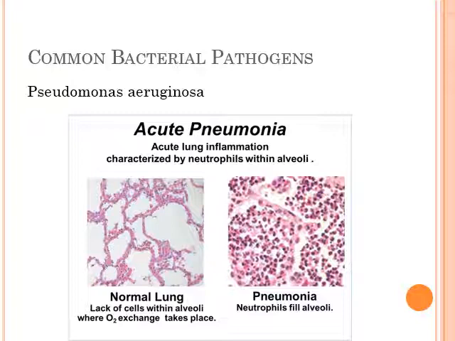Pseudomonas is actually what you would probably have had as a pneumonia. Pneumonia fills your lungs, but acute pneumonia leads to lung inflammation. Here you can see your normal lung with all these nice open areas for air. Here you see a similar tissue with everything filled with the bacteria. That means that air doesn't get into the lungs and you suffocate.